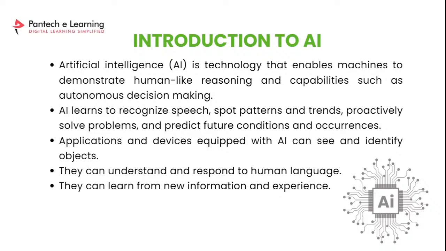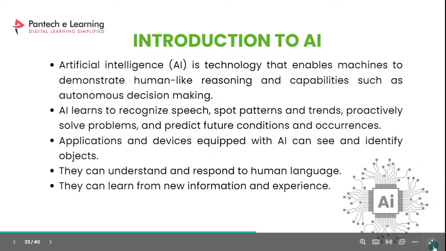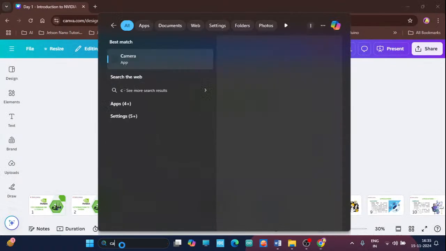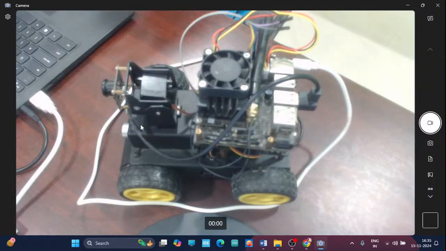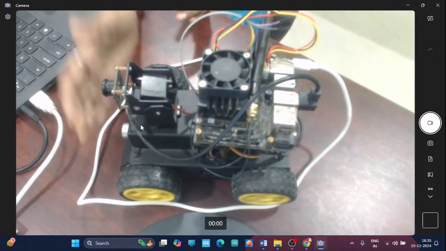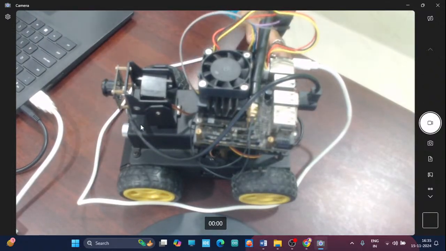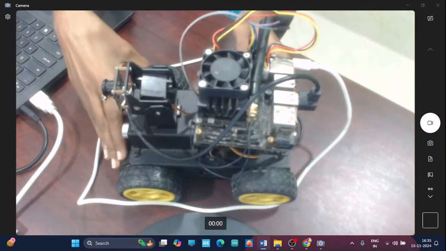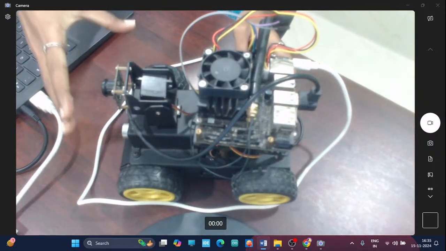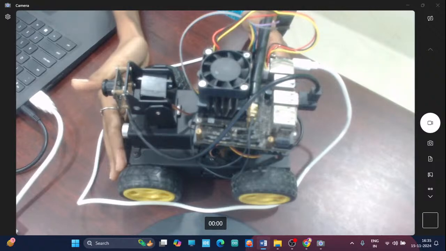Okay, so now let's move to the next topic, which is introduction to AI. Before getting into this particular thing, I just want to show you something. Just a minute. See this. I hope the camera is visible to you. Okay. See, this is an object detection robot. Okay,